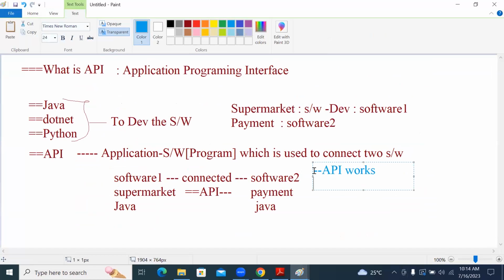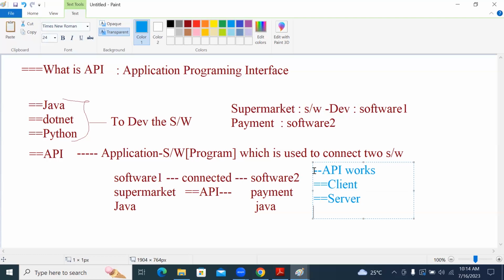In simple terms, there are two main terminologies. One is the client, and another is the server. An API mainly works with these two concepts: one is the client, another is the server.